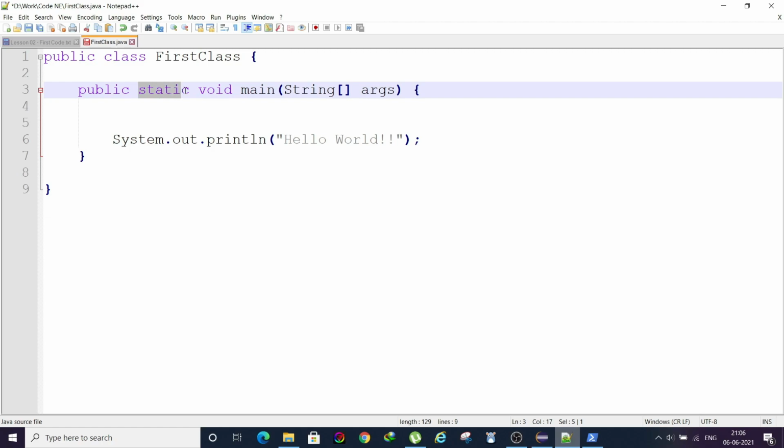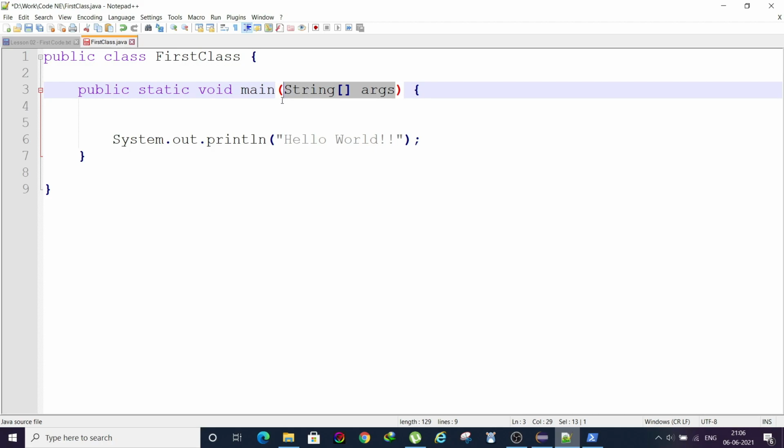We declare it as static because in any Java file the static line of code will always be read first, and we want that computer should read the main method first. So that's why we are declaring it as static, and void because main does not return any data. But why do we say that it will accept an array of string?